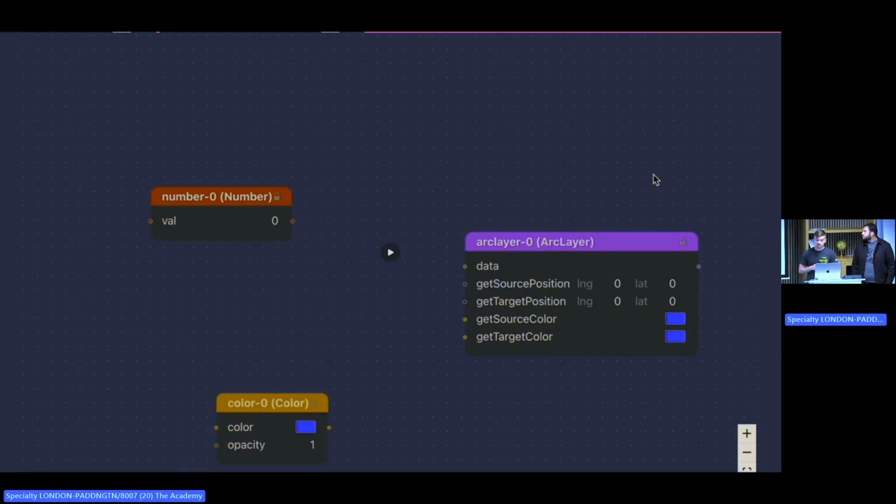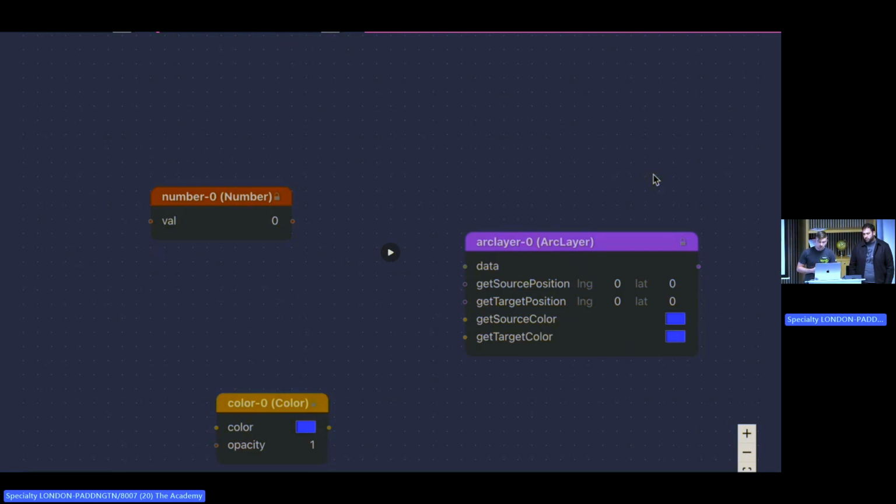All these blocks are like primitive building blocks that you can use to build up a visualization, like numbers and colors. We've got dozens of different types of them. Each of them is performing a very specific composable task, like math or geospatial operations. And we've built it all on deck, so all the layers are there too, of course, like the arc layer